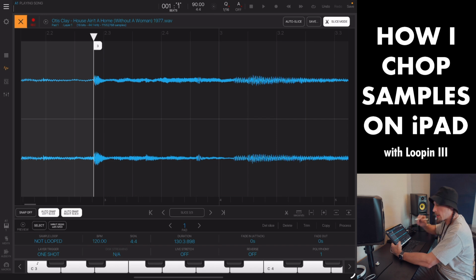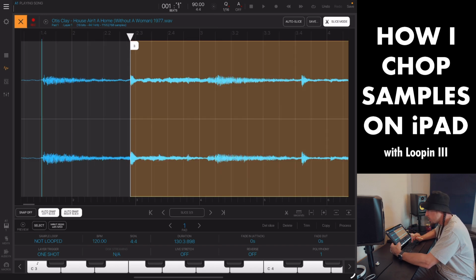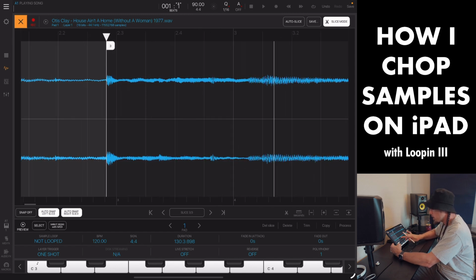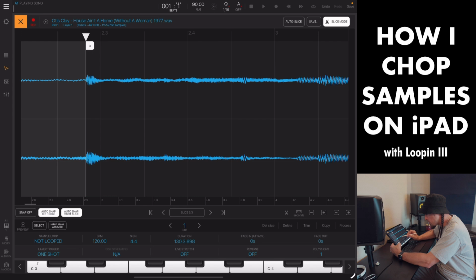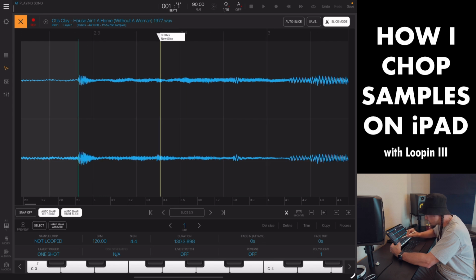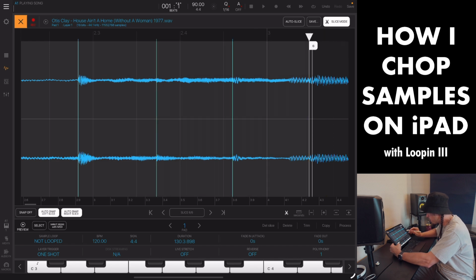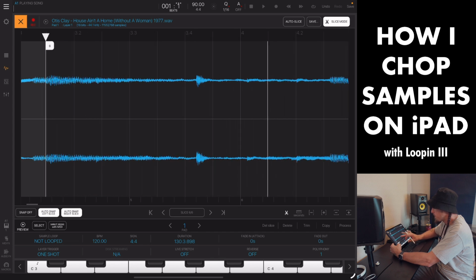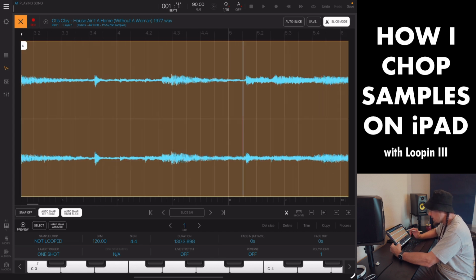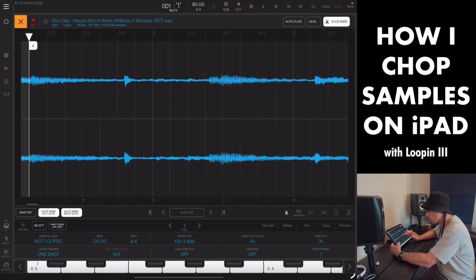So there's 2 ways that I like to slice samples, and one is either on drum hits, because I like to play them rhythmically. So I can hit it here, that's a snare, and then I might do this hi-hat right here. Right, and then also I like to